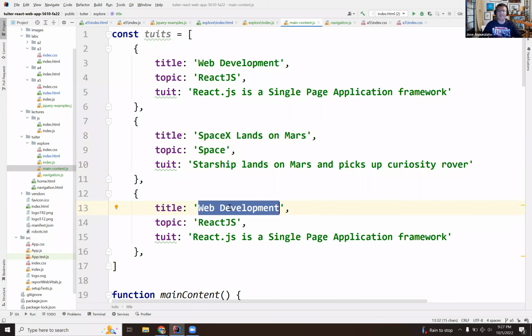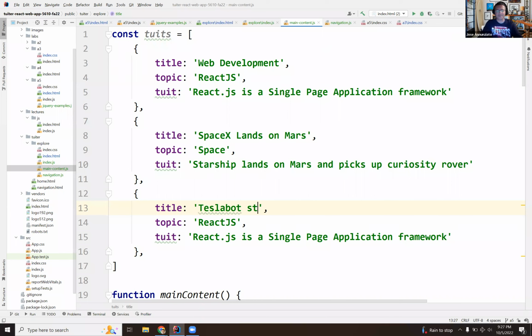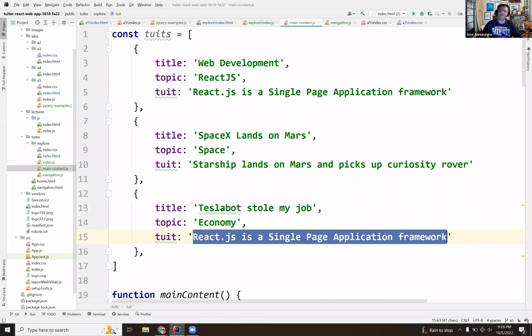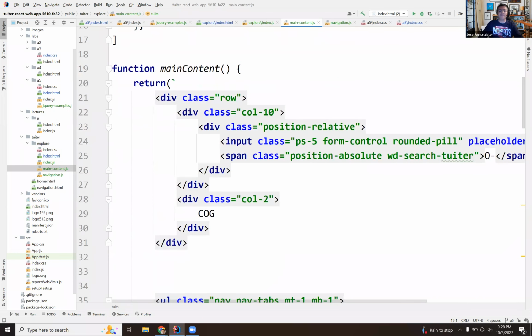And I don't know, Tesla bot stole my job, and this is economy or something. Tesla bot is stealing all our jobs. Okay, so we have a couple of tweets, and so now, right, this